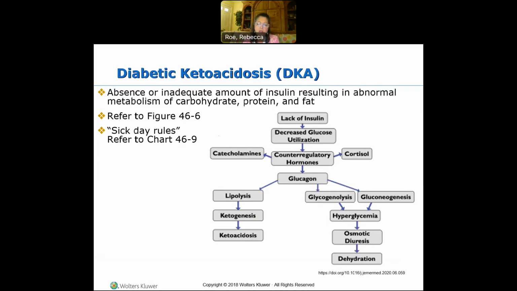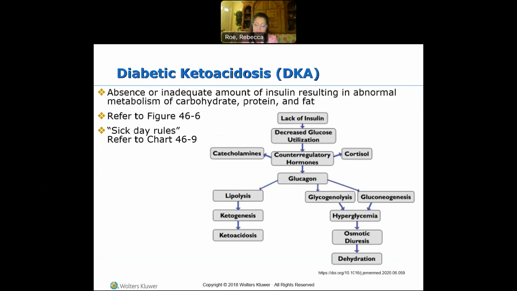The reason for it is that there is an inadequate amount of insulin. And so you're not metabolizing your carbohydrates, proteins, and fats properly. And this is a life-threatening condition, and it can happen in both type 1 and type 2 diabetics. And as we know, insulin regulates blood glucose levels, especially in response to elevated blood glucose levels. It causes glucose to enter the cells to be used for energy, causing a decrease in blood glucose or a